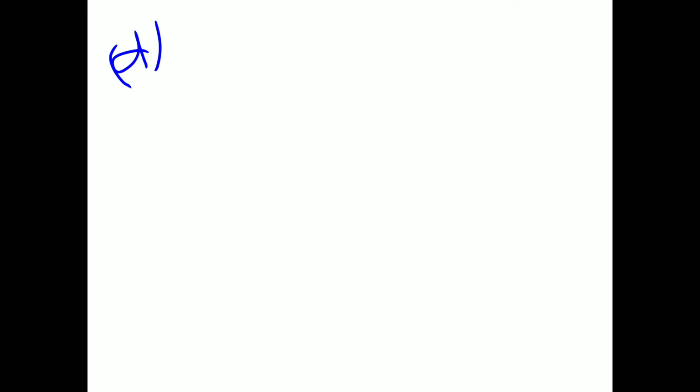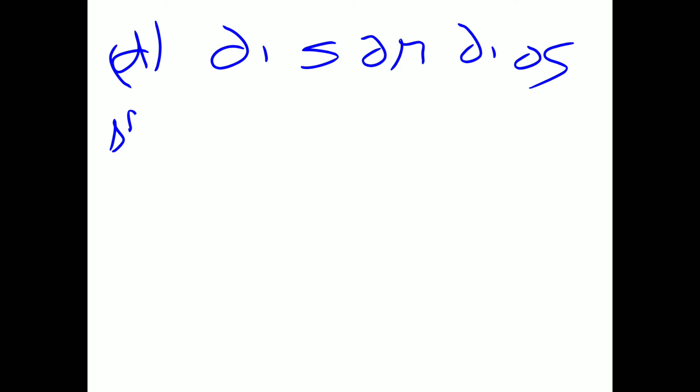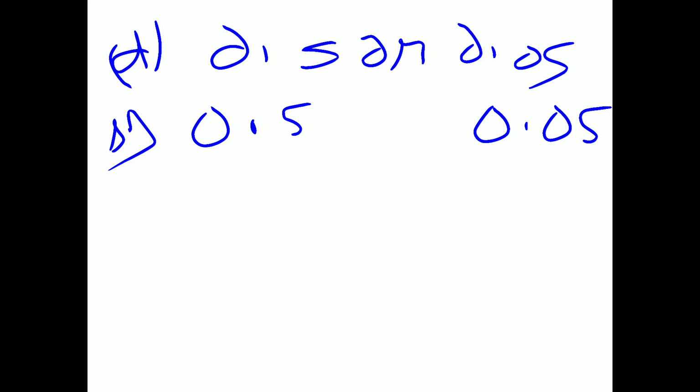Now I will do D part. See the D part, that is 0.5 or 0.05. So are they like decimals? No, we make them like decimals. Now see, after the decimal there is one digit present and in the other number there are two digits present. So we also make it 2 digits, how? By putting a 0 at the end. Now see, they become like decimals. Now we compare the first digit, it is 0, it is 0, fine. Decimal, decimal. After the decimal, it is 5, it is 0. So which is the greatest one? 0.50. Clear?